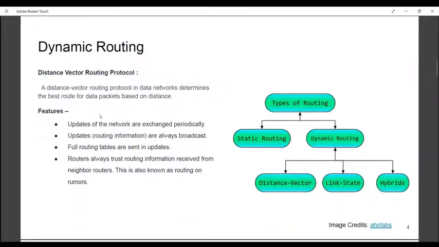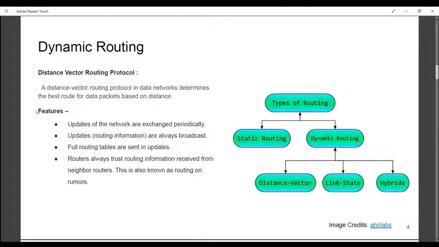In this diagram you can see there are mainly three types of dynamic routing: distance vector, link state, and hybrid. For this topic, distance vector is very much required to understand Babel. So what is a distance vector routing protocol? A distance vector routing protocol in a network determines the best route for a data packet based on distance, and